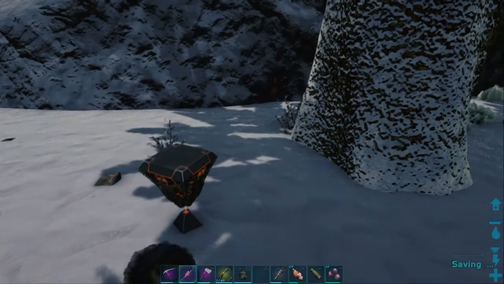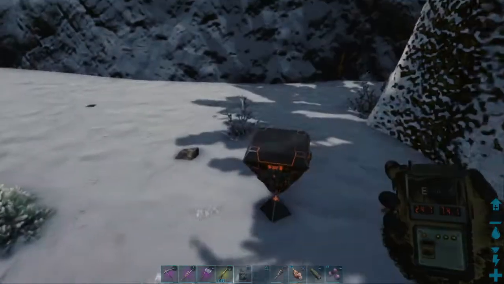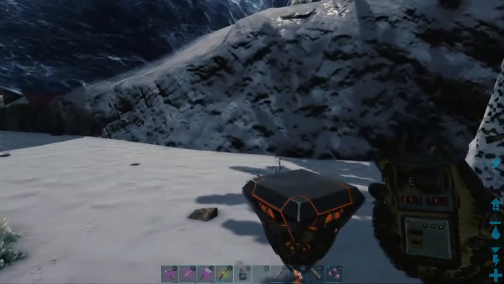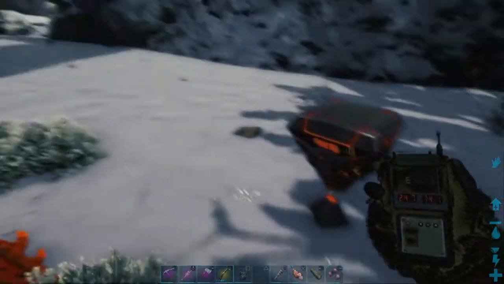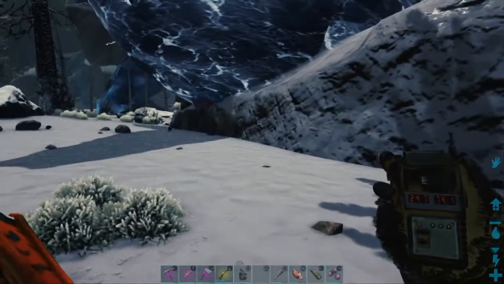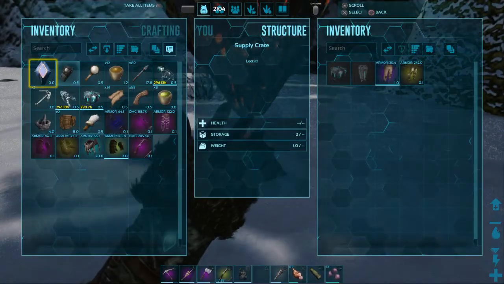Okay, let's get the GPS on this one again. This one is 24.7 by 74.1, and it's right next to this tree here. You can see the fish over there still falling out of that water ball. Let's see what we get out of this one. Okay, we got